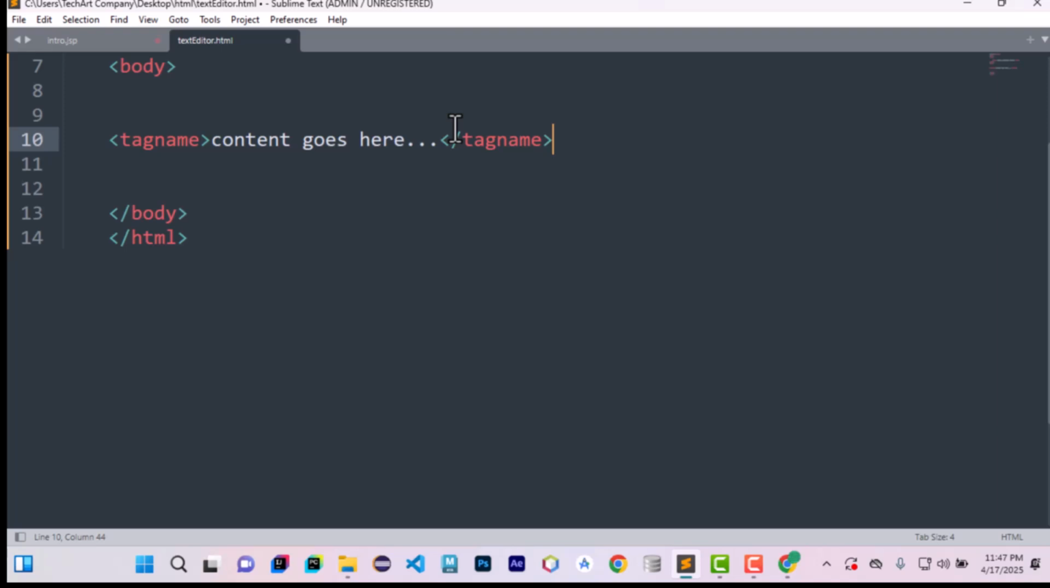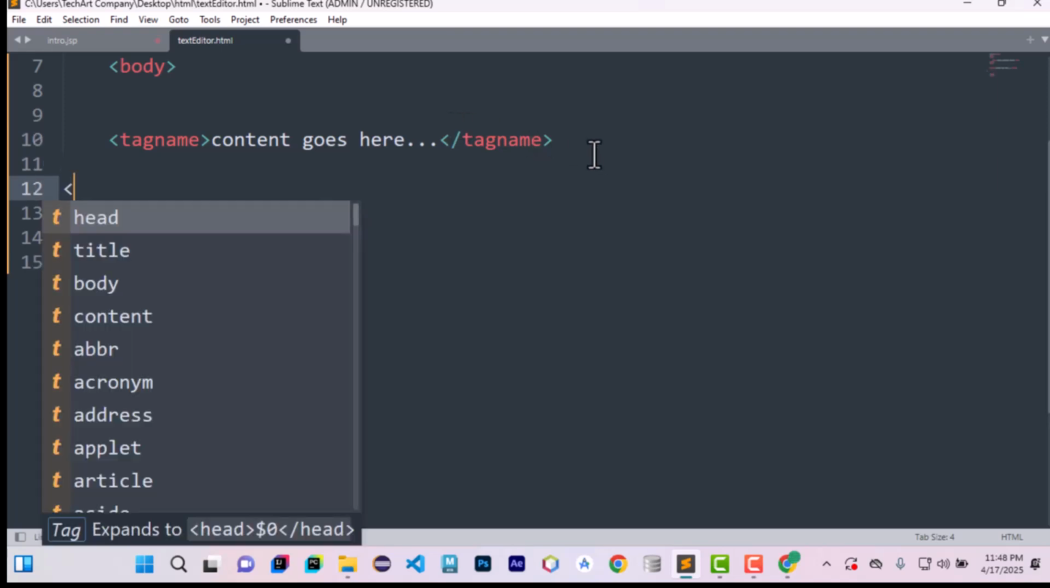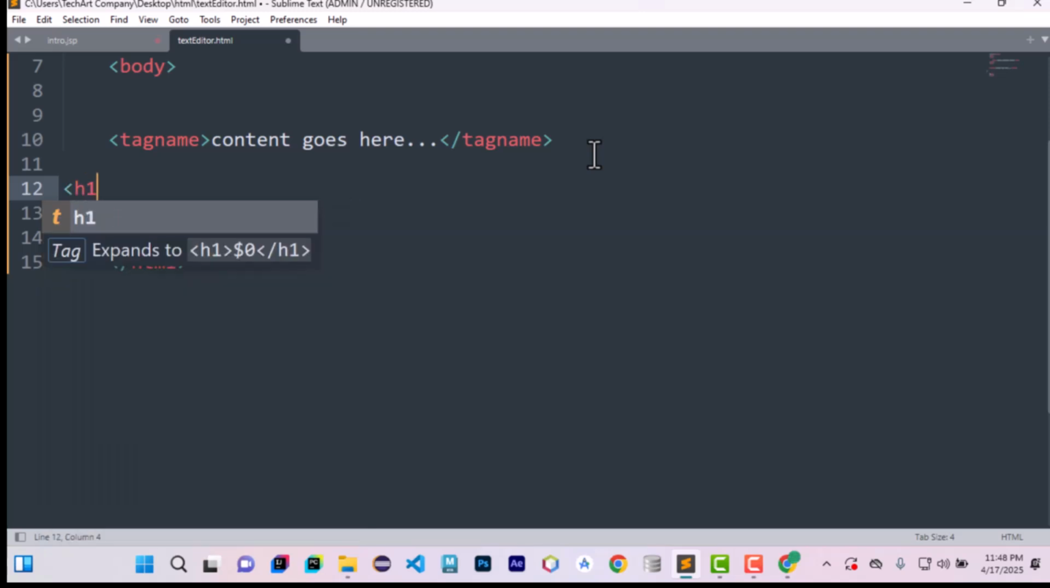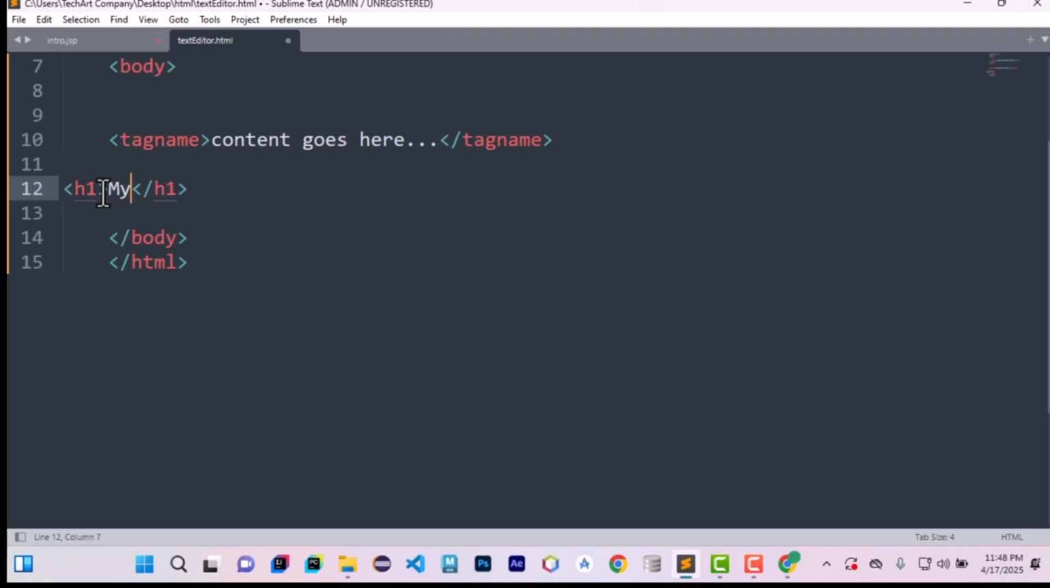So examples of some HTML elements are h1. We have seen that already, and the first element that we had here, we have already used this. It was just h1. So if you select it, you can see the tag name is h1, and the content just goes in here. So the content will be my first heading,